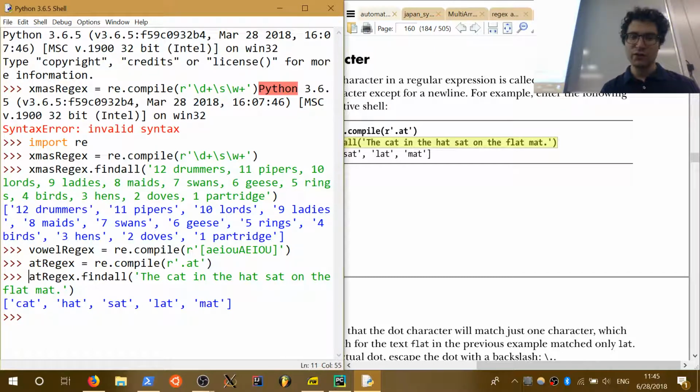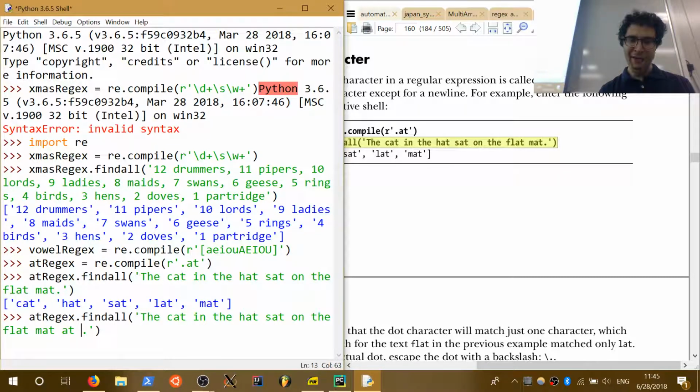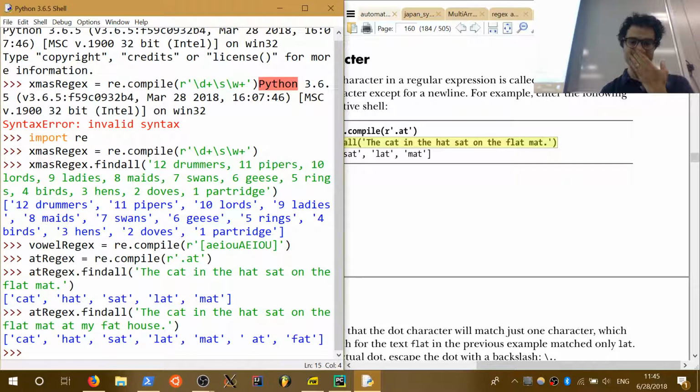So now, let's try modifying this a bit: at my fat house. Now it will match the cat in the hat sat on the flat mat. And now look at what it matched. It matched space AT, because the wildcard will match anything, including the space in front of the at. At my fat house, right? So the wildcard can be potentially dangerous,